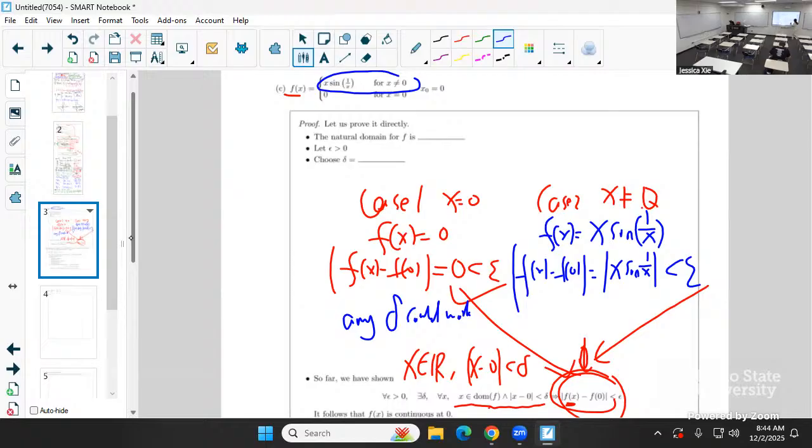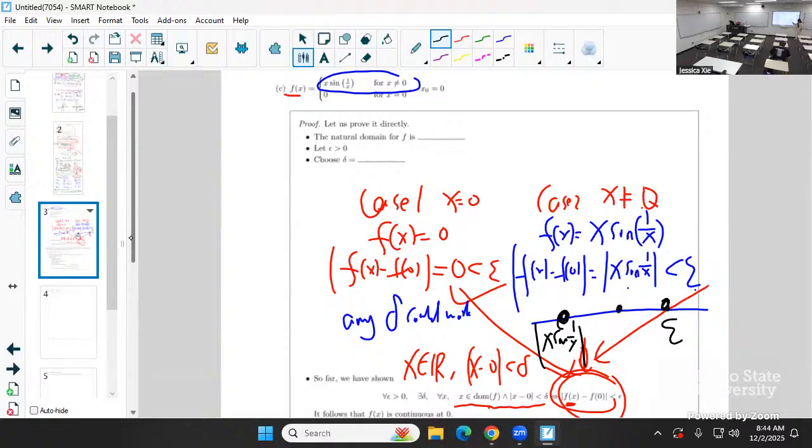But for this case, how to make sure that this is less than epsilon? So here you want to get the sine function, sine of 1 over x. How can I solve this inequality? How can I solve for x? Remember the trick, the transitivity, A less than B, B less than C. Remember, you're gonna apply the trick again. So here, this is x times sine of 1 over x. If you want this one to be less than epsilon, here, your hope is A less than C.